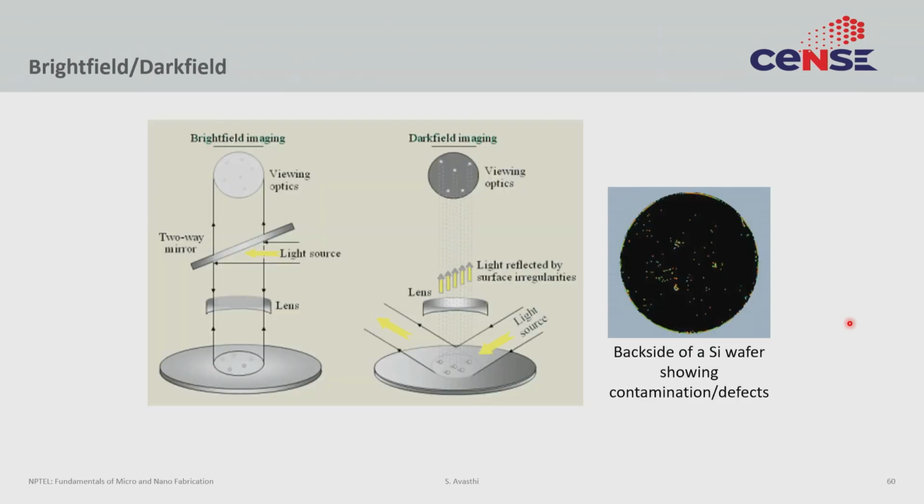Here are certain examples of what I was talking about. On the right you see a wafer; you are looking at the back side of a wafer, but you are looking at it in the dark field. In the dark field, you are looking not at the light that is reflected from the surface, but at the light that is scattered by particles it encounters. The contrast is such that the particles appear as white spots on the surface, and that is much easier to see than to actually try to image the same particles in a bright field image.